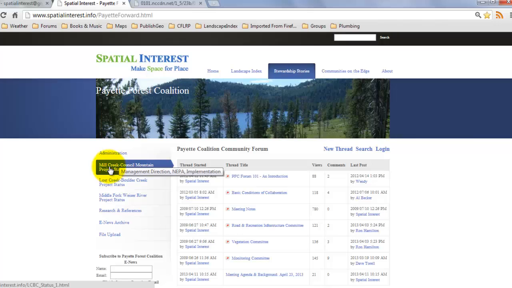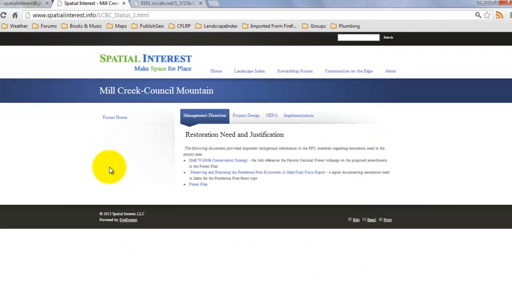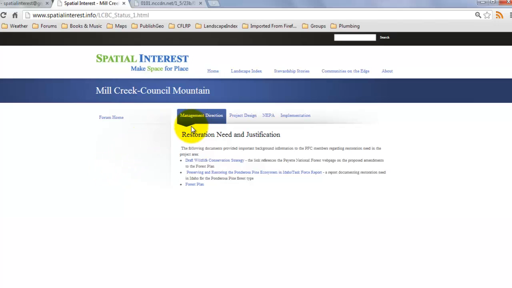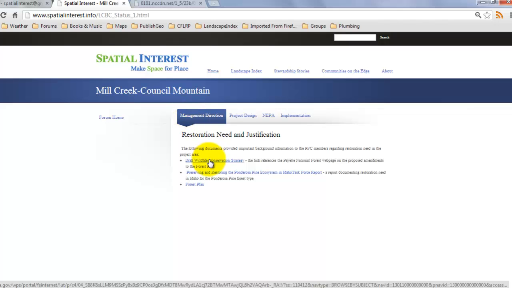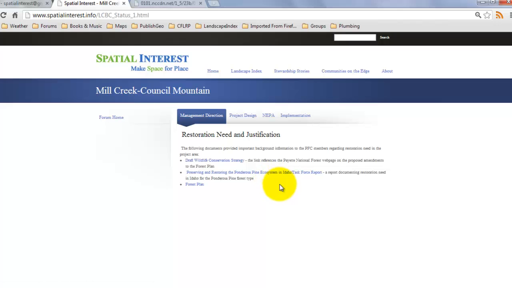Each of these is organized in a similar way, but I'll take the Mill Creek Council Mountain first as the primary example. And for each project, there are 4 tabs. The first is Management Direction. This covers things like the forest plan or management area plans within a ranger district. In this case, the links will lead you to a Forest Service site or a document that's off of the